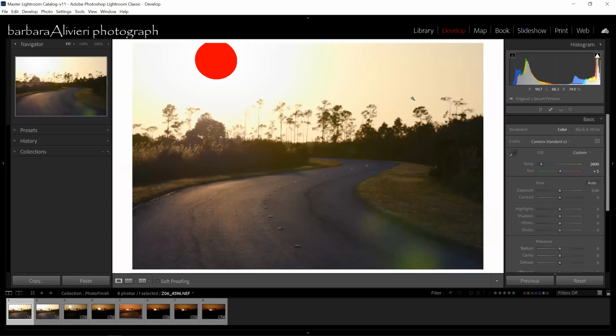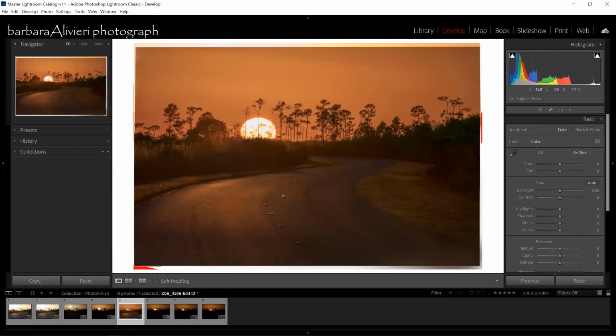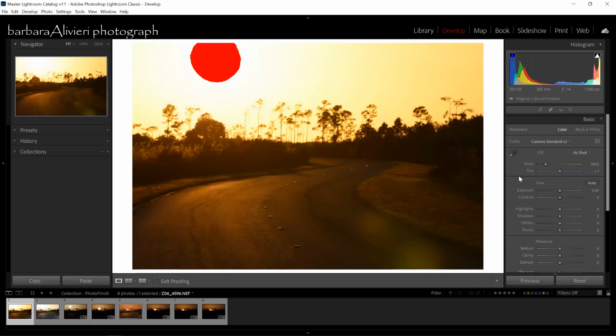So how to process these? I'm going to use this image because this is the one that I use to focus. This is pretty much the same. And then here I was shooting for the sun to get the placement of the sun. This is actually my finished image here. This is my TIFF from Photoshop from when I originally processed it. So you can see this is where I wanted the sun to be. So what to do? I'm going to reset it. This is the original out of the camera. There are no adjustments done.